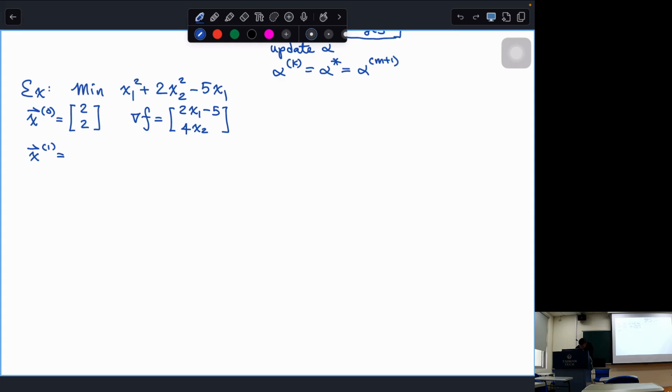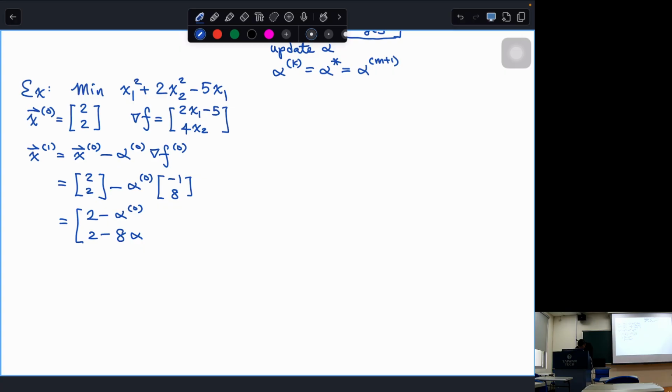So it's going to be something like this, right? So this will be 2 and 2 minus alpha 0, some unknown alpha, and then 2 plug in. So 4 minus 5 minus 1 and 8. Okay? So I can put everything together. 2 minus 1 times alpha 0, 2 minus 8 times alpha 0. Okay? So x now becomes some